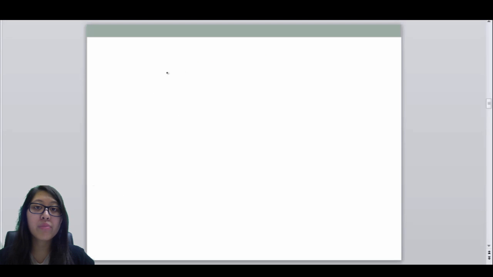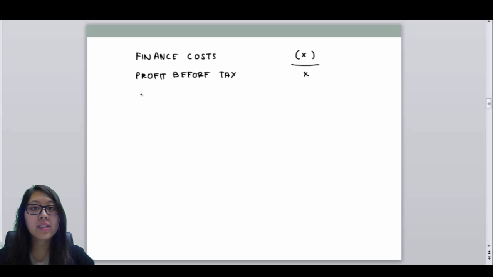Once you have reached your operating profit, you will then need to deduct other kinds of costs, particularly your interest charges and your taxation. Interest charges is also known as finance costs. In certain circumstances, it would be called cost of capital as well. So please note that all three simply mean interest. Once you have deducted your finance costs from your operating profit, you will then reach a figure that is profit before tax. Once you have reached that, next, income tax expense will be deducted